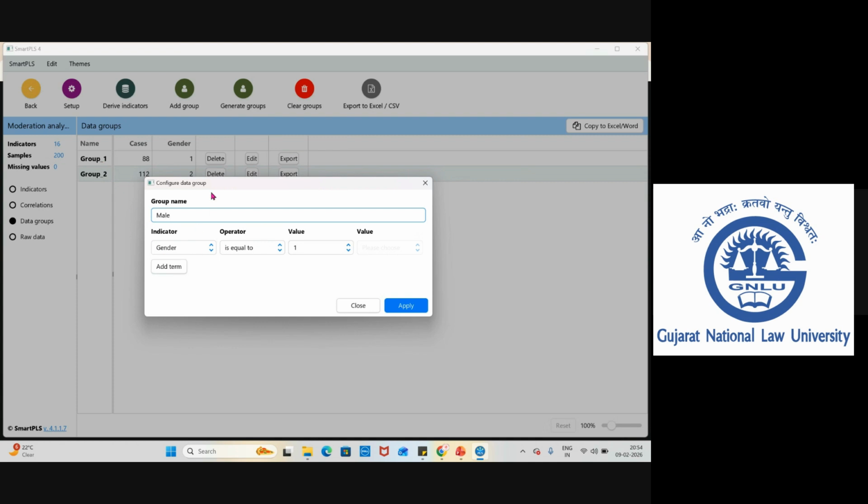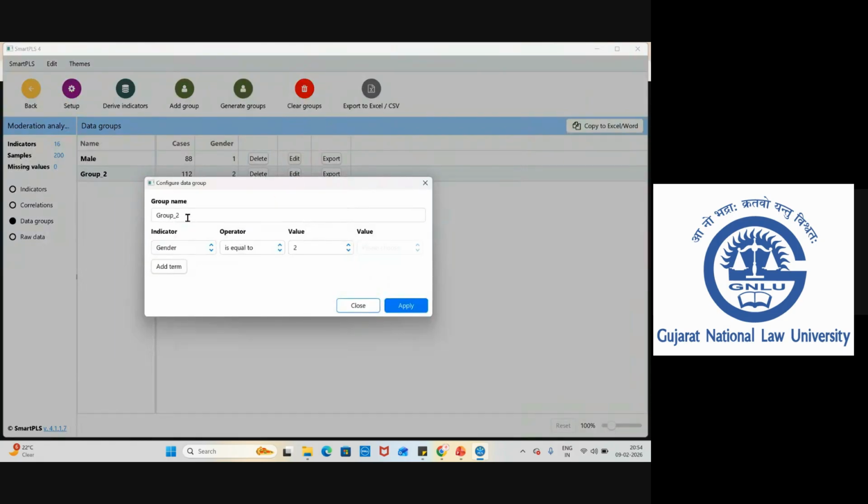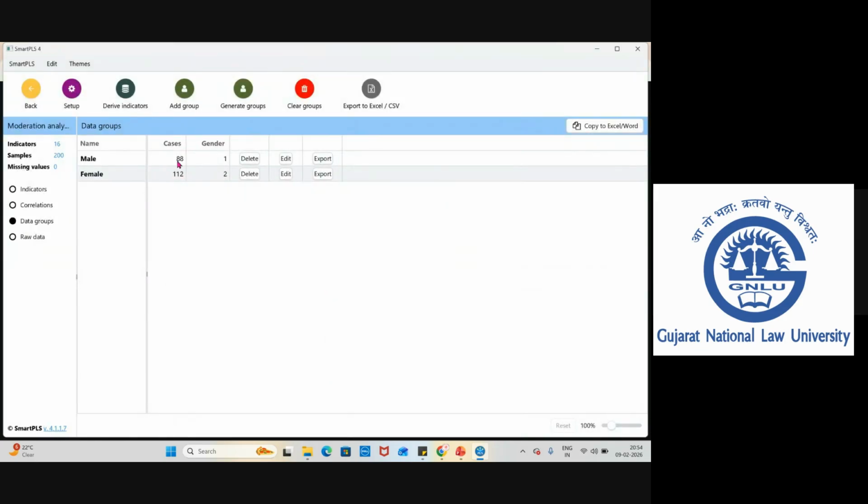Group 1 means male, group 2 means female. So we have identified the groups, male and female. Please remember, 1 means male, 2 means female, as per the data set.